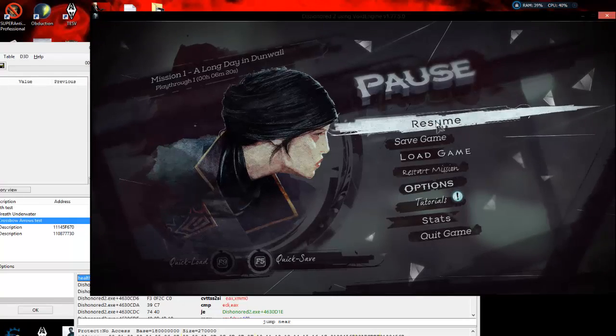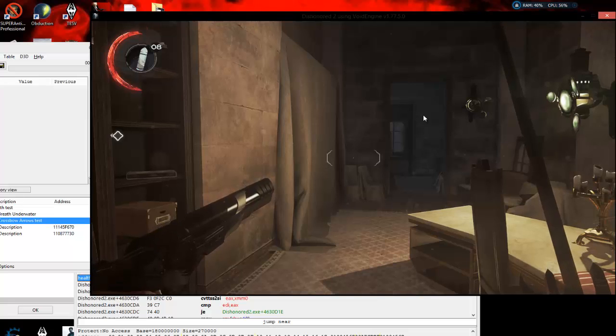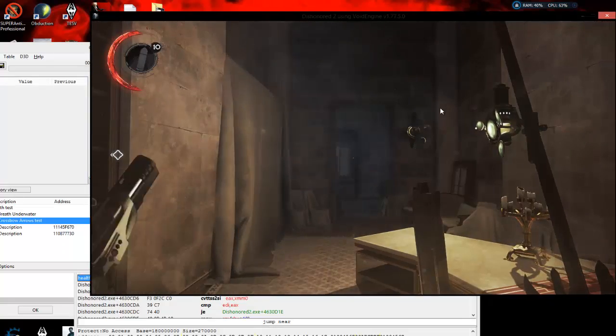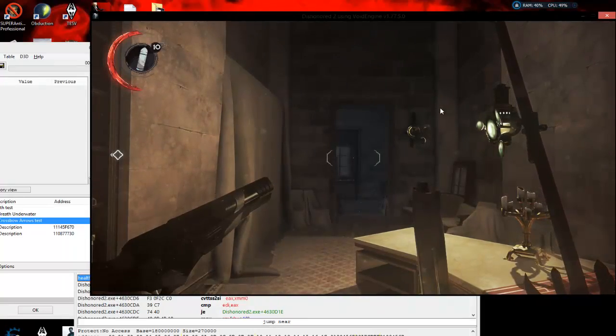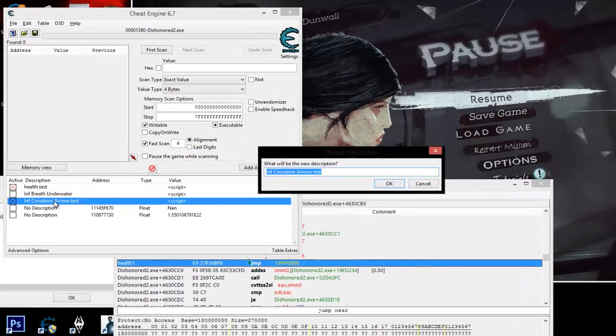Okay, so let's go back to it. Alright, you see right now we're at 8. She's holding the gun. So we got our infinite crossbow arrow test on. So let's go ahead and take a look. It's holding steady at 10, so we can actually use that instead of infinite crossbow arrows,